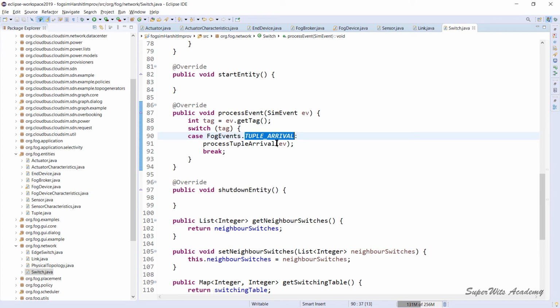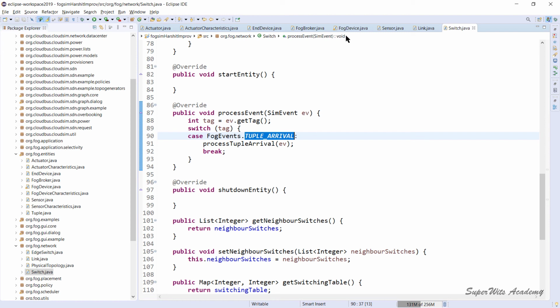So the point is that during the simulation, these are the entities that are going to do some kind of request fulfillment for the other entities' requests, or they may be generating some kind of request for the other entities in the simulation. So this is what is there in terms of the entities. The entities which we have discussed over here are controller, switch, link, then we have our fog device, fog broker, actuator, and sensor. All these entities are going to have the implementation of the work.